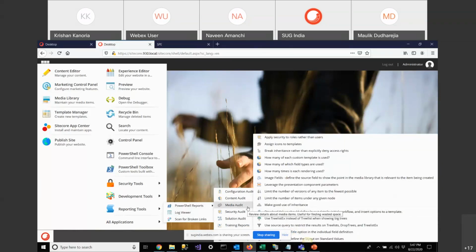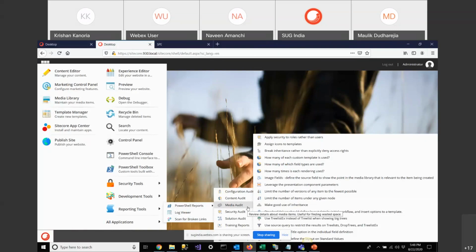Apart from this, you can query your data out of this content tree. Suppose there are so many items, and as per the requirement, you need to query some kind of data, but manually you cannot retrieve all those data. So what you need to do, you just need to write your script, 2 or 3 lines of your script, and you can query your data and retrieve that related data from the content tree.